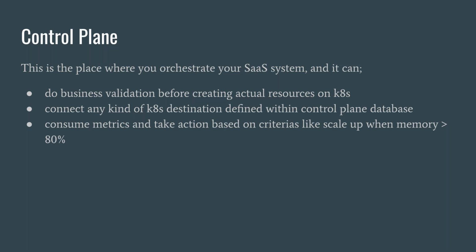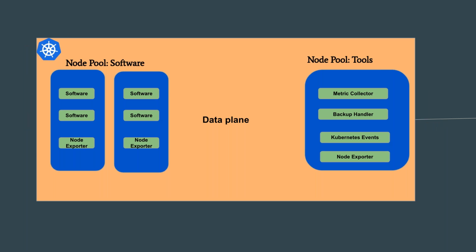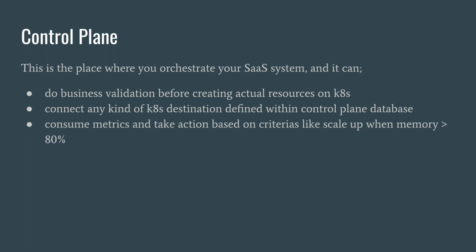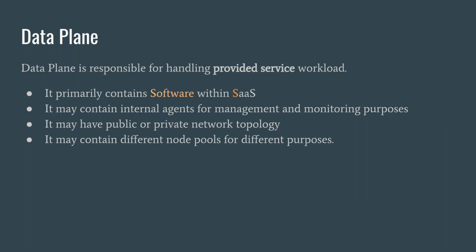listen to a couple of events and decide on the next step based on the metric collection, right? For example, if your cluster memory is more than 80%, maybe it can trigger a scale-up operation. Or if you do not allow a scale-up operation, maybe you can notify the customer. So there can be different kinds of options. Those three are the basic operations that can be handled inside the control plane.